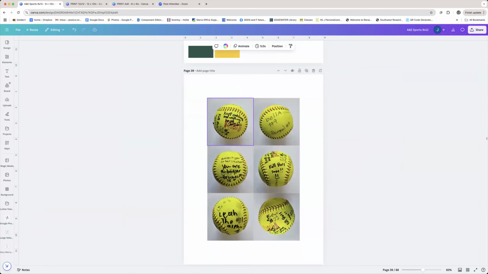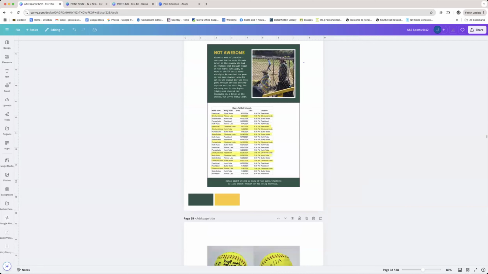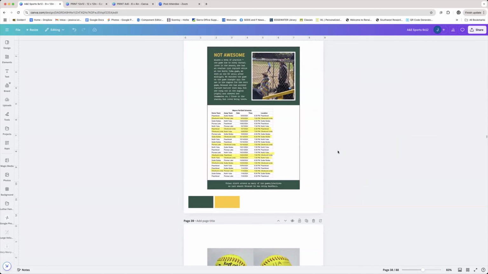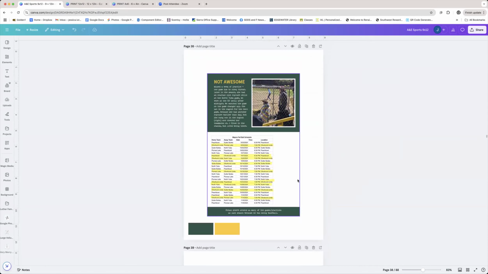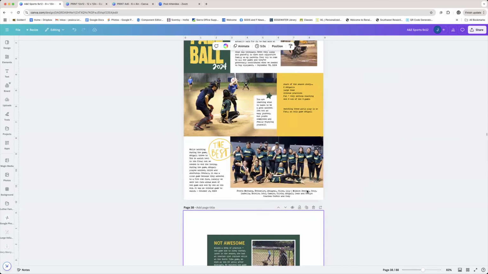I need to edit these. I actually forgot to edit these, so they're really dark right now, and this is just going to print as one whole sheet, and then it's going to be backed with this sheet right here. I want to reset the schedule because I don't really care about these other games. I only care about the yellow games. So I'm going to reset those myself and maybe indicate the score at the end. And so that will be done in this area. So this page isn't done yet.